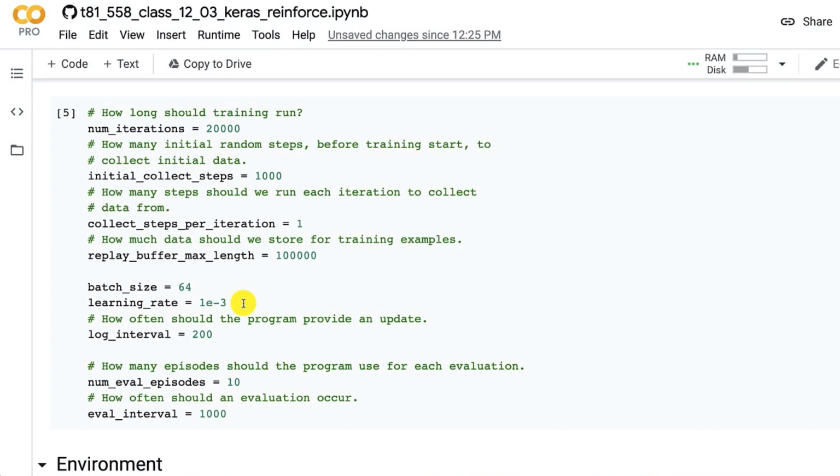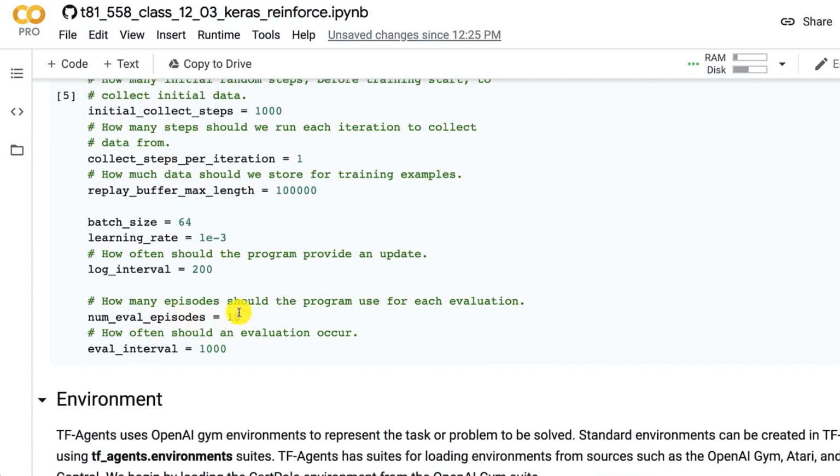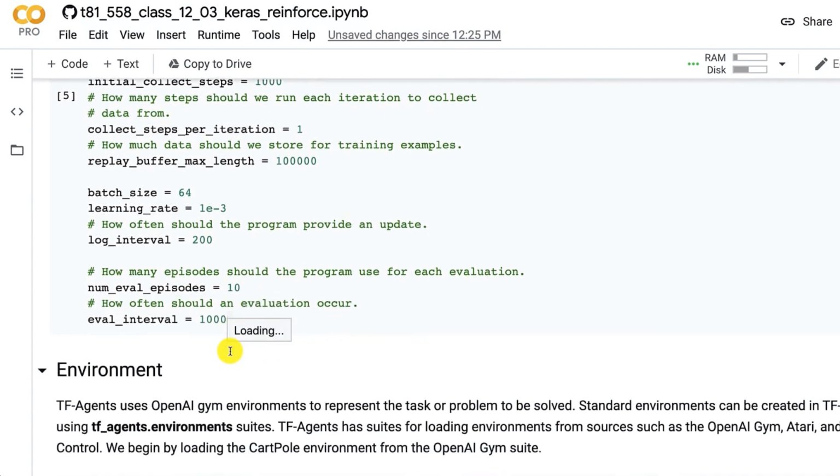It'll need fewer iterations. This is how often we want a log report. This won't affect your training much, but it lets you know what's going on. The number of evaluation episodes: how many complete runs of the game do you want your evaluation based on? 10's a good number. And then how often do you want to evaluate? Don't set this too low because it does take time to do these evaluations. We'll see in the Atari game, I let it go much, much further before doing evaluations,